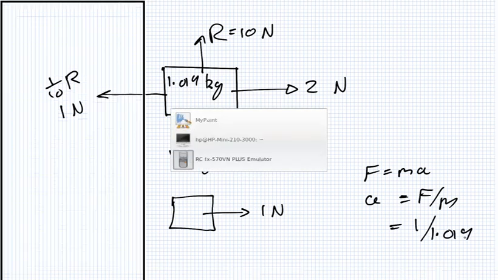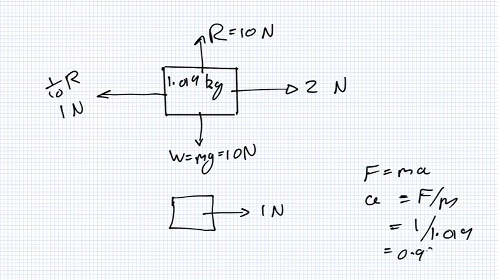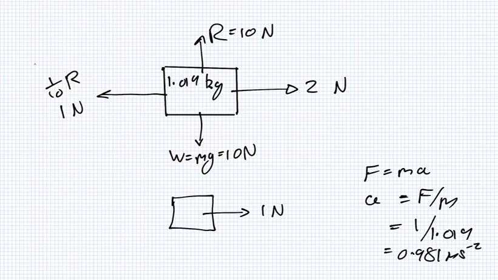1.019. Hit that in on the calculator, 1 divided by 1.019, and we get 0.98 meters per second squared. Now in the second part, the only difference